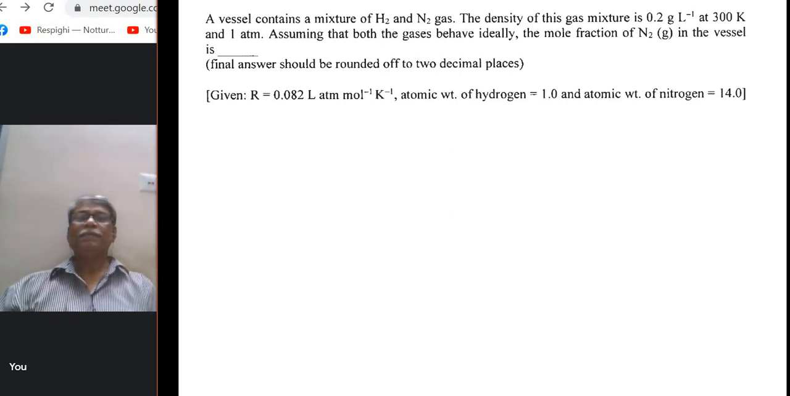The next question: a vessel contains a mixture of hydrogen and nitrogen gas. The density of this gas mixture is 0.2 grams per liter at 300 Kelvin and 1